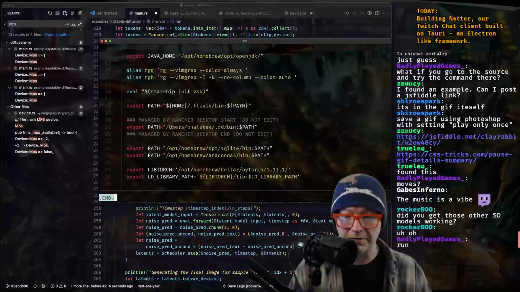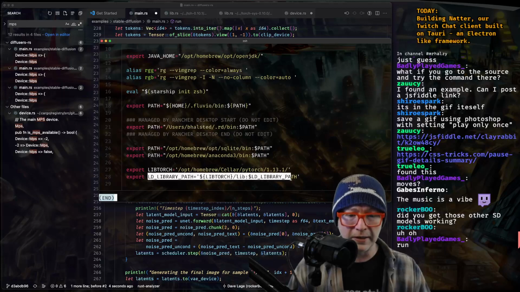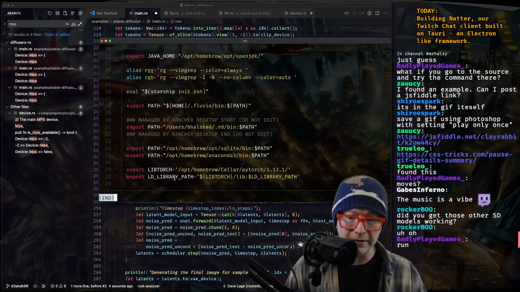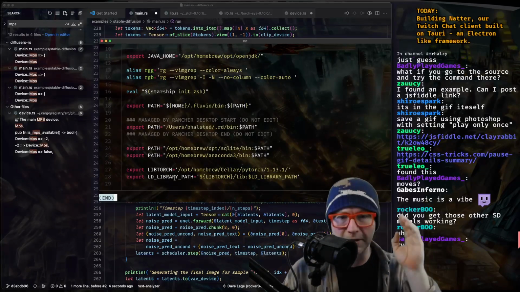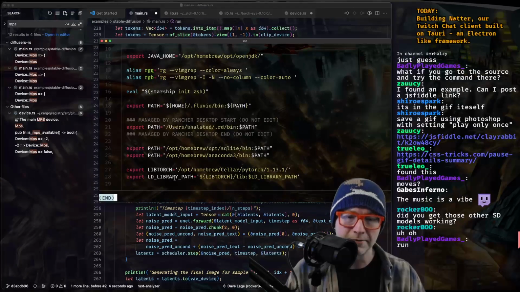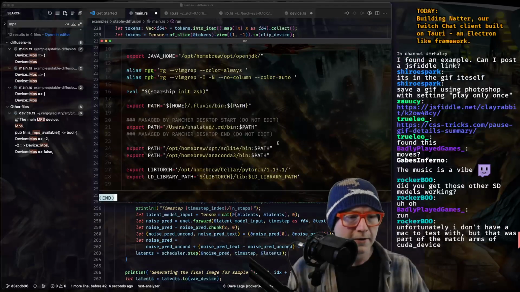I had to provide a libtorch environment variable and also include that in the LD library path for linking. Otherwise, it tried to link with something else, and it was just a mess.